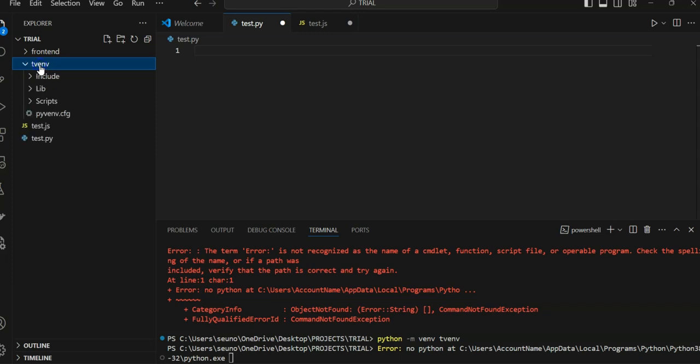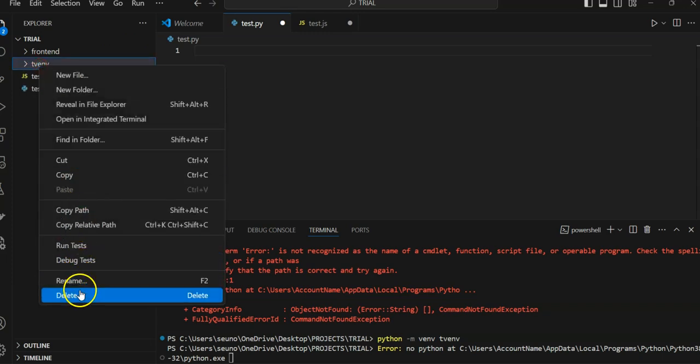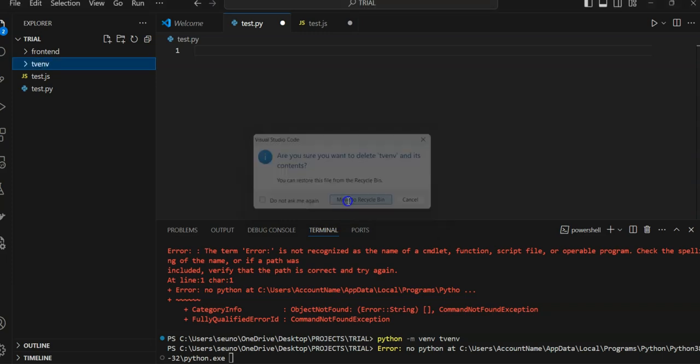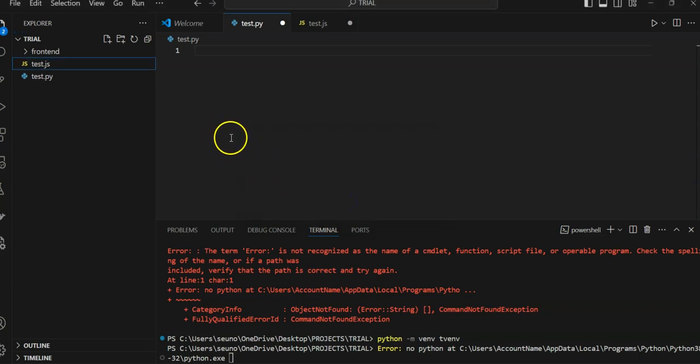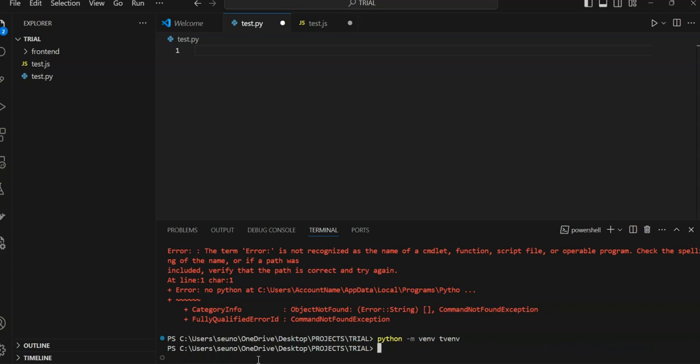So what you need to do is just delete this virtual environment, the previous virtual environment. It will take away the old Python version, and then when you run whatever code you want to run now, it's going to work like a charm. And then if you say, for instance, now pip, let me just create another virtual environment. I can just say python -m venv training virtual environment venv,